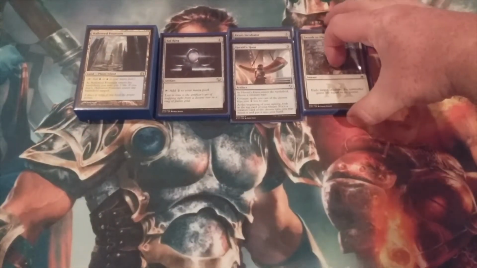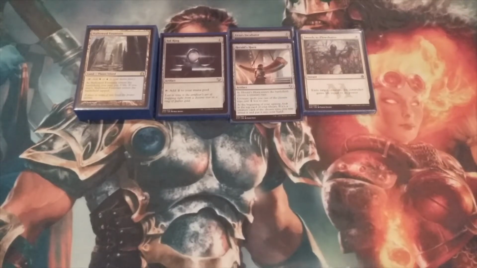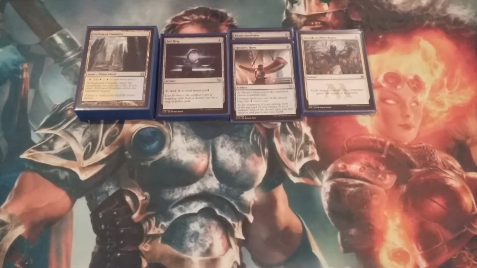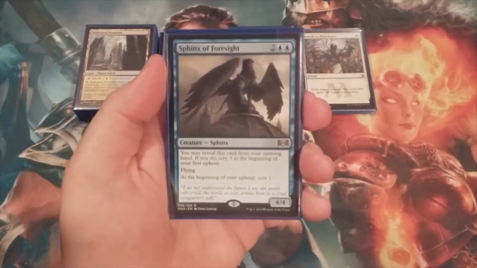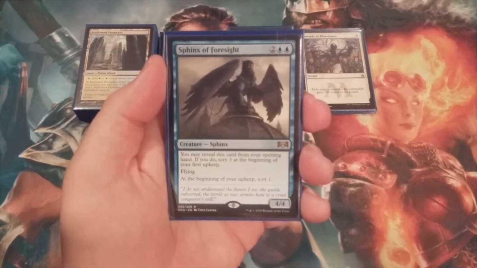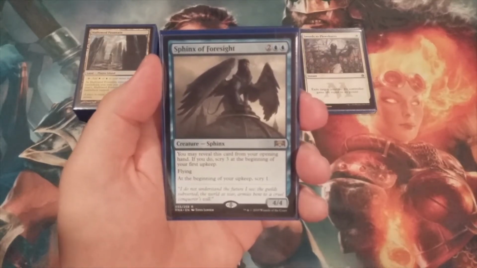So there we have our lands, we have our artifact ramp, we have our cost reduction and our removal. Now let's meet our Sphinxes. And our first play set of Sphinxes is the Sphinx of Foresight. For 2 and 2 blue, we get a 4/4 flyer that we can scry 1 at the beginning of our